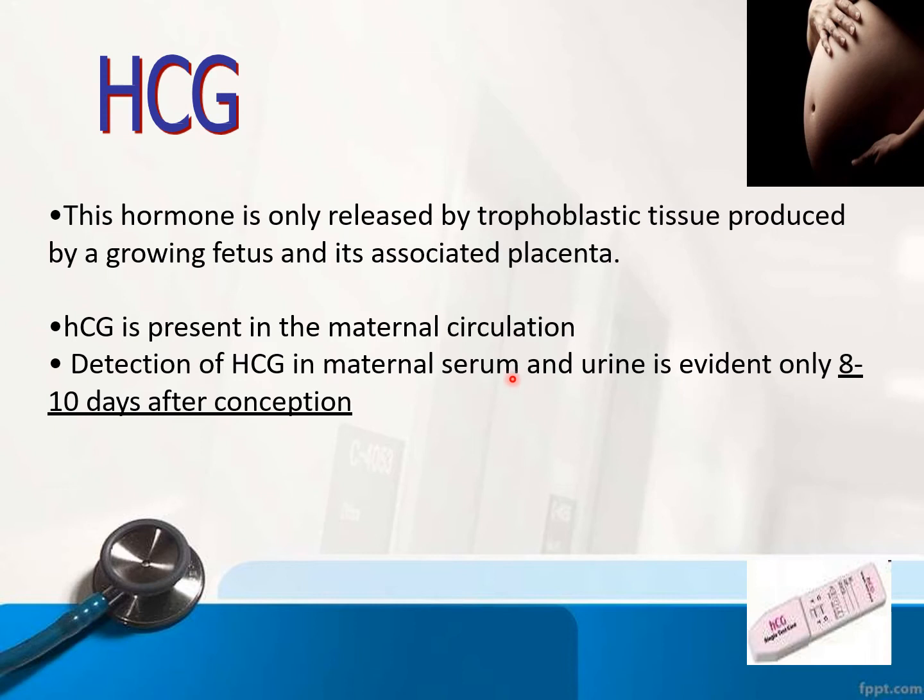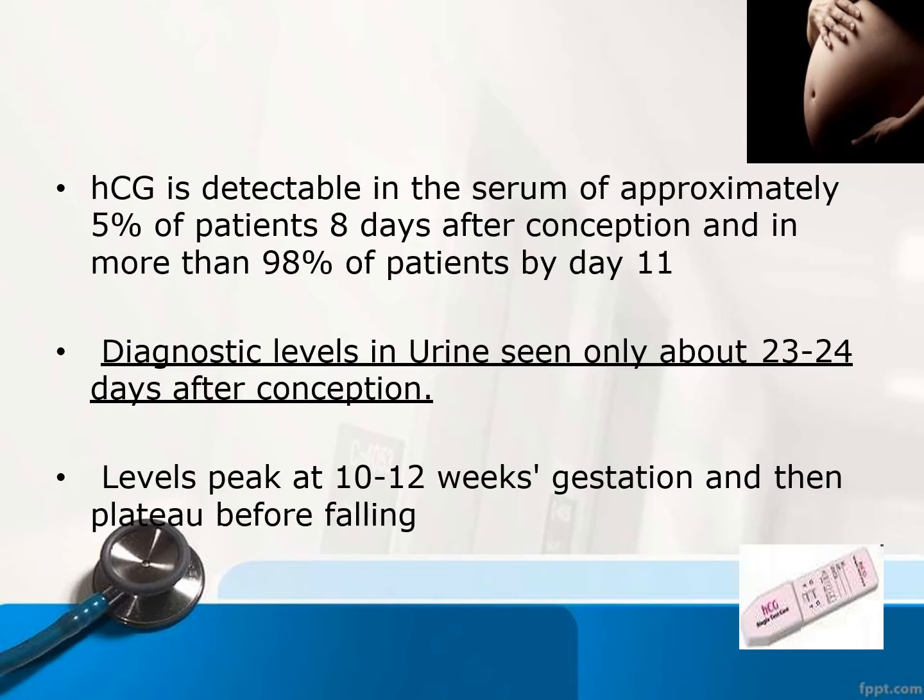This HCG will be present in the maternal urine, and it will be there in the maternal circulation also. You can identify it in the maternal urine from 8 to 10 days after the conception. And in the maternal blood, this HCG will be identified from 8 days after conception; in the majority of cases it varies from 8 to 11 days. The diagnostic urine test can be done from 23 to 24 days after conception,